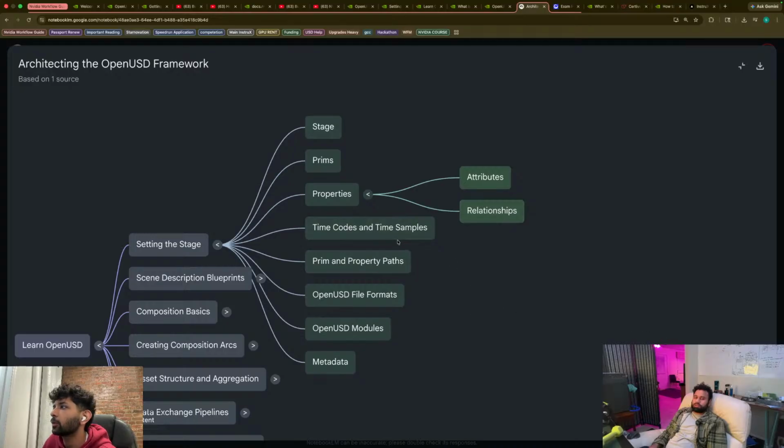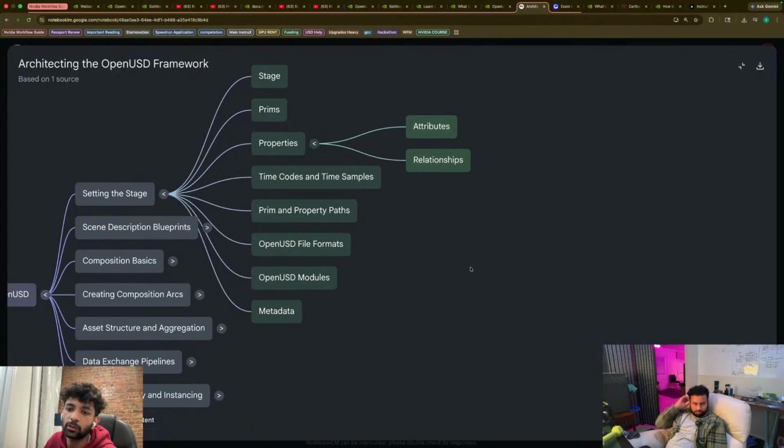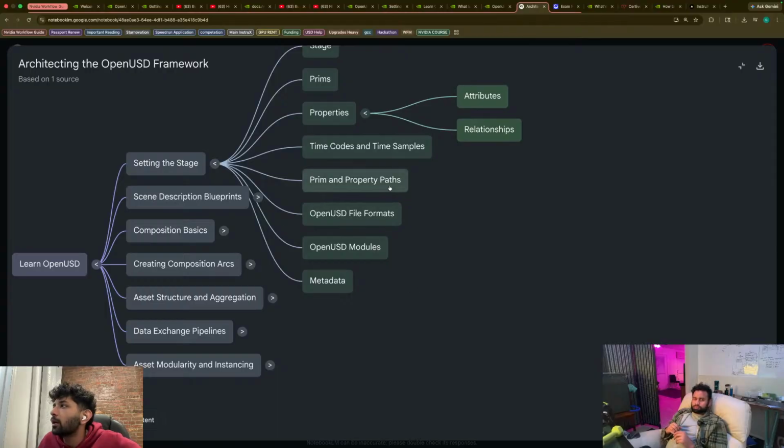Time code and time samples is the thing that we saw. What were time codes? It stores the state, basically, of the object at that time. So let's say you have a timeline, that is what we call time codes, and on that timeline, if you have a sample timestamp, that will be called a time sample. That's how I would explain time codes and samples in a simple manner. Cool. And then there are prim and property paths,